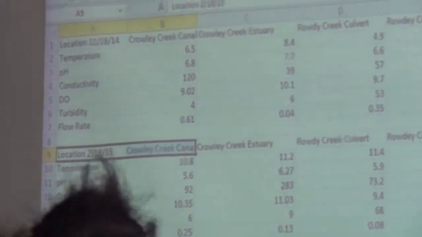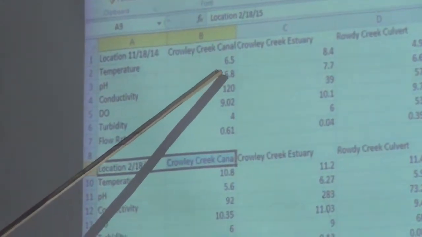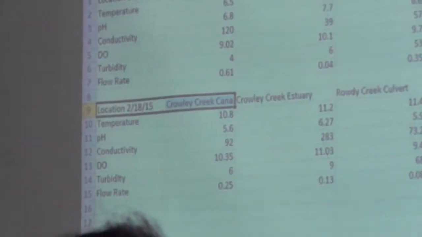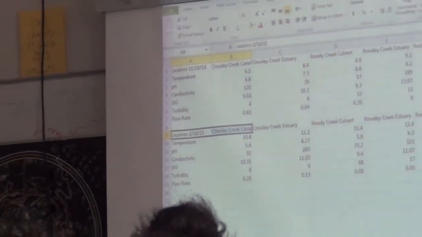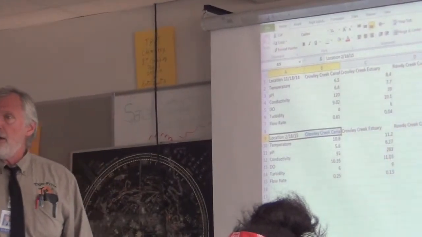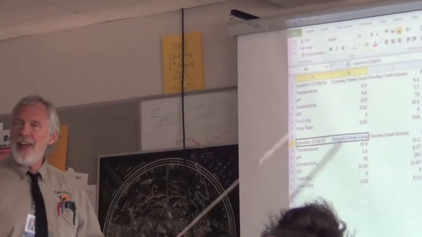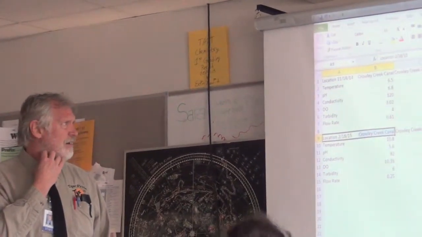Something to ponder. These are the type of things that data will let you do. That's why this data is so important. It lets us sit there and go, boy, what else could be going on? Do you remember how cold this day was? Yeah. And it was so cold because the wind was blowing hard. Remember that? Early morning, Crowley Creek, wind blowing, everybody's going, geez, I dressed warm, but not warm enough for this. It was that wind chill, and may that have had an effect on the rippling of water, and yeah, you know,